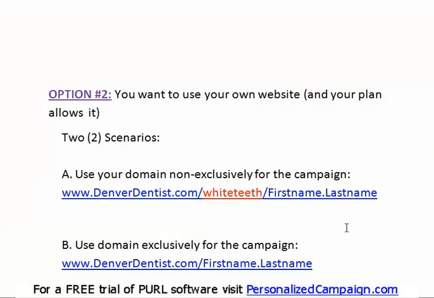Now in a scenario number 2, you may have a website, but you already have a lot of things going on there, a lot of things happening on that website, so you don't want to use the site exclusively for this campaign, and you would rather set a separate folder on that site to use for the campaign purposes. In fact, you can do it by creating a folder like in this example A. It's called White Teeth. Underneath the root folder on your domain, then the link you'd put in your mailer would be